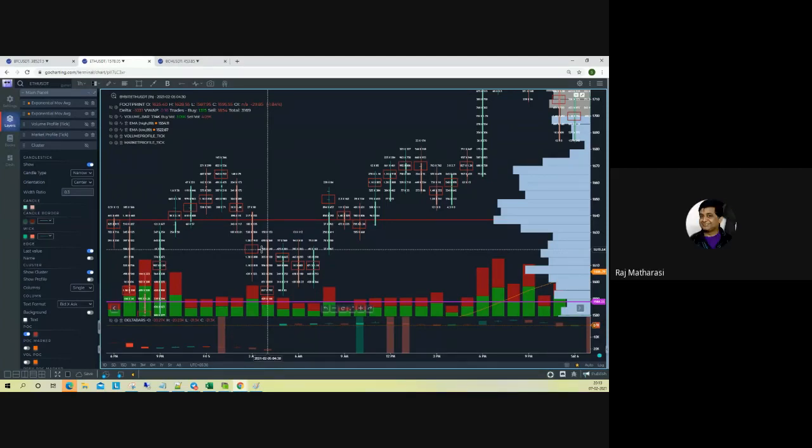So you're saying the volume, essentially the profile length and size, would be based on that bid and ask, right? Yeah, within the bar.